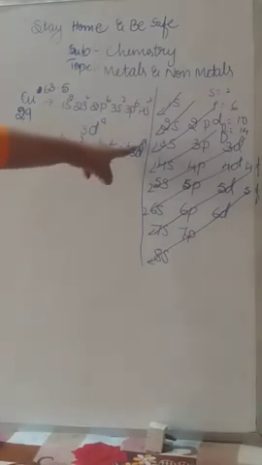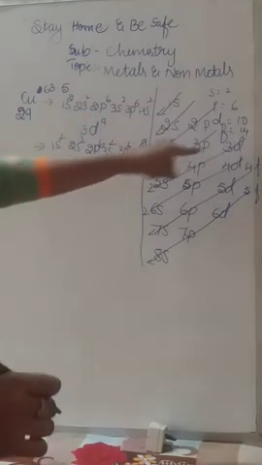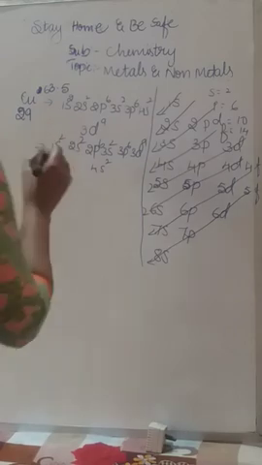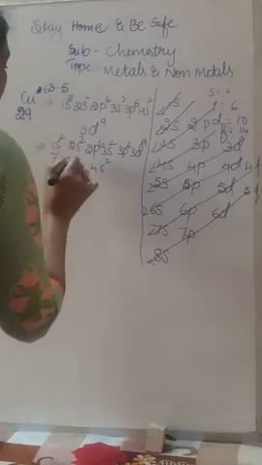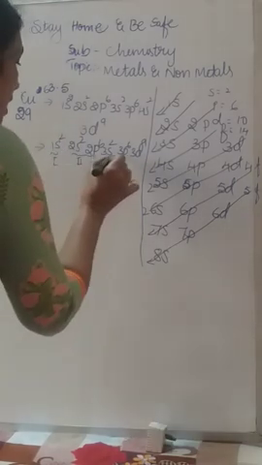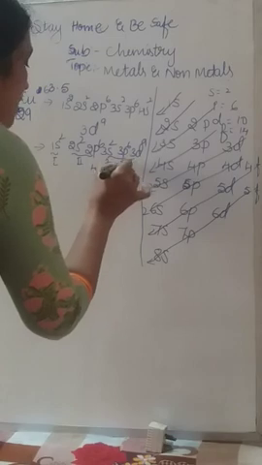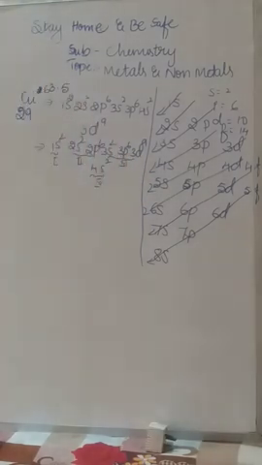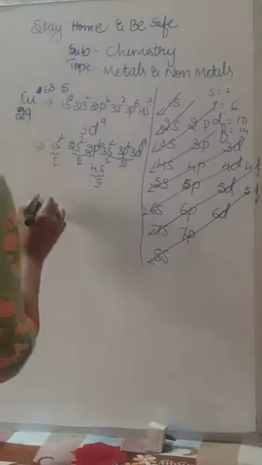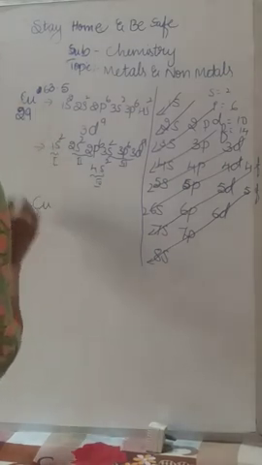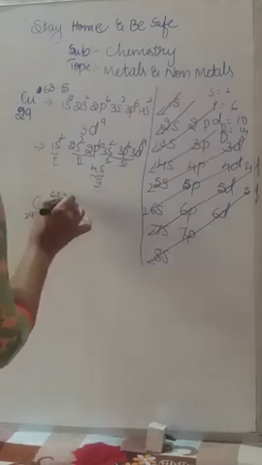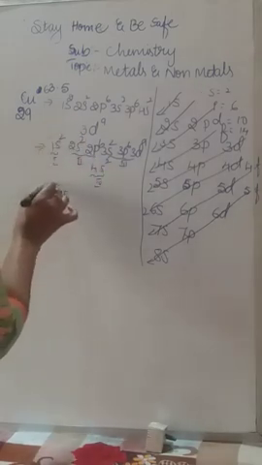If you write d10, it is wrong, because according to the table, we have to mention this. So how many orbits are there here? This is the first orbit, this is the second orbit, this is the third orbit, right? And this is the fourth orbit. The total orbits of copper is 4. If you are writing the atomic structure of copper, that is 63.5, how many orbits are there in total?